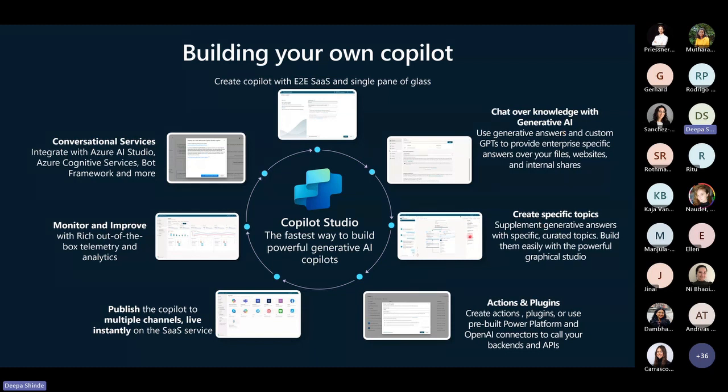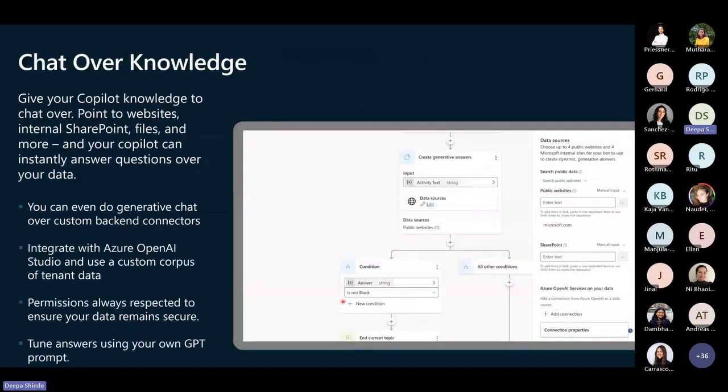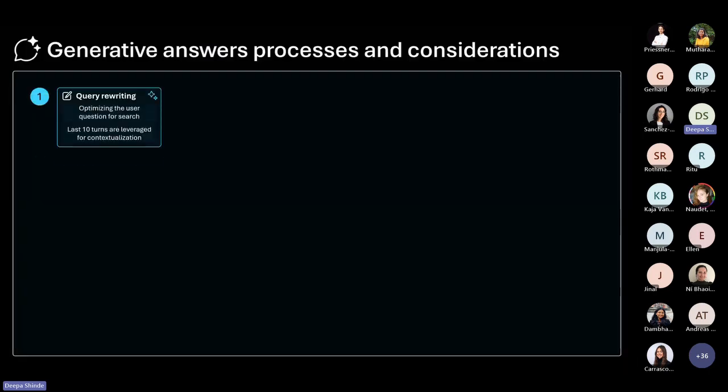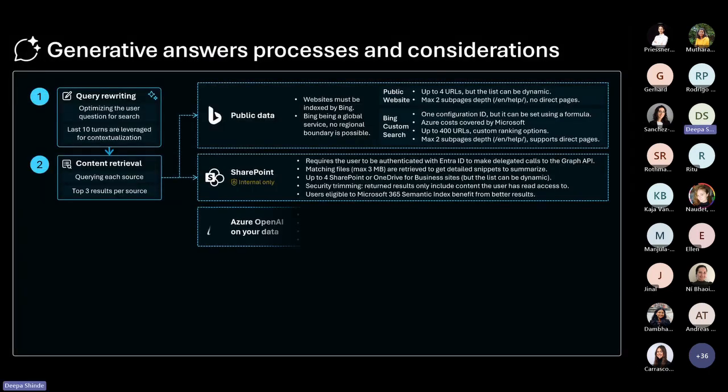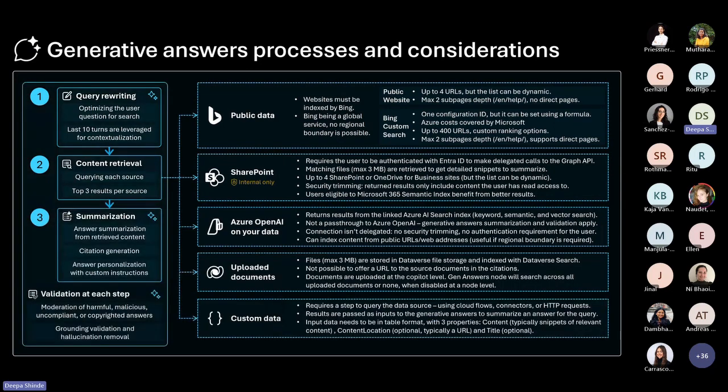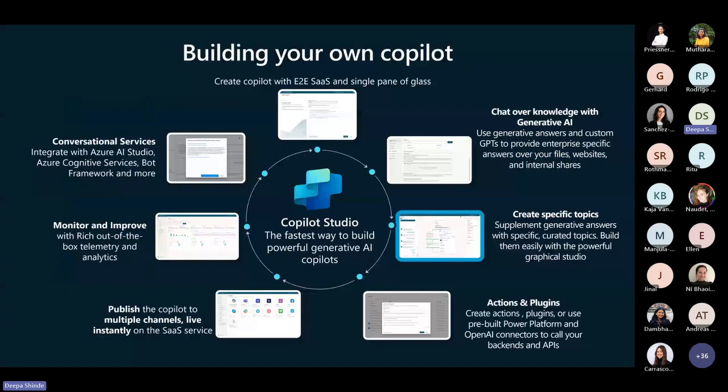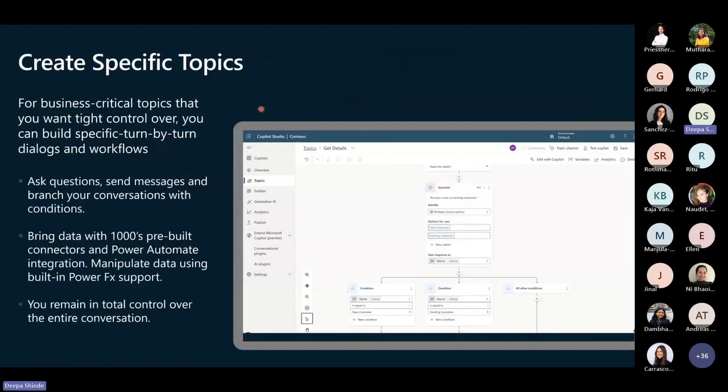What I want to do is talk about topics, just so that some of you might be aware of topics. They are very specific, not to Copilot Studio, they're specific to conversational AI. So I think it's quite important to understand what topics are basically. So for that, I'll just skip the next part, which is chatting over the data, because I've spoken about it already. I'm just going to go directly, skip some of this as well, slightly detailed. So yeah, so specific topics, right?